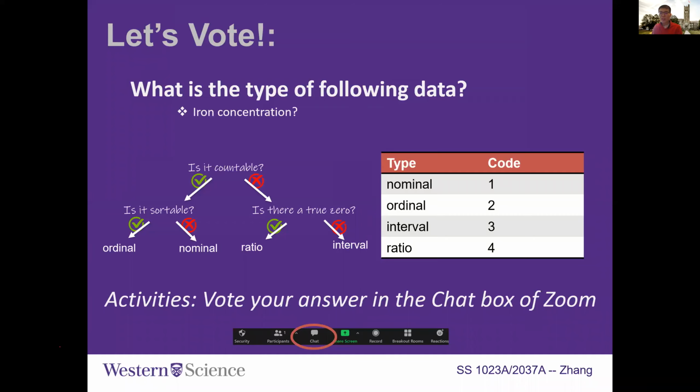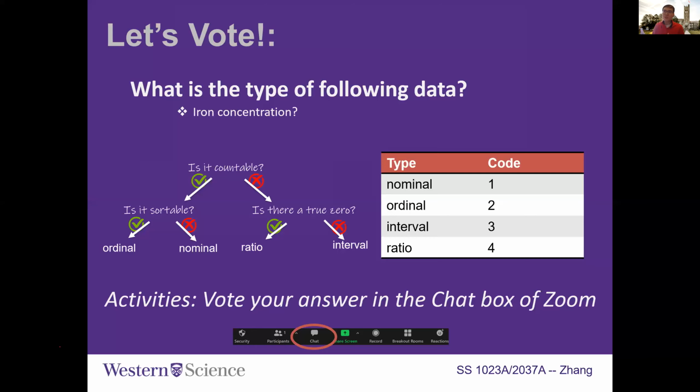Okay, I get mostly 4 and a few 2. I'll do some explanation. For iron concentration, I guess the disagreement will be basically on 2 and 4. So 2 is ordinal and 4 is ratio. I guess the disagreement is on whether it's countable. Iron concentration is a measure like what's the percentage in a solution or in some substance.